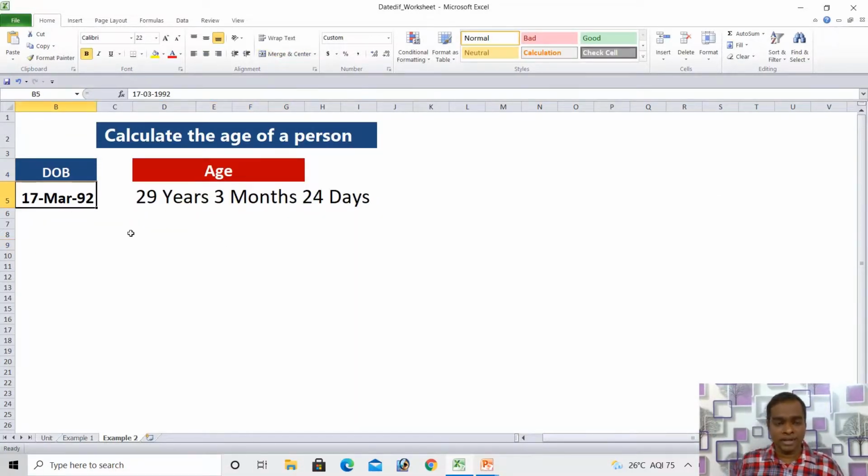It's 29 years and 3 months and 24 days, with the date of birth 17th March 1992. Suppose I'm changing it to 1981, my age will change here. This is how you can calculate your own age, and you can find the number of days, months, and years between